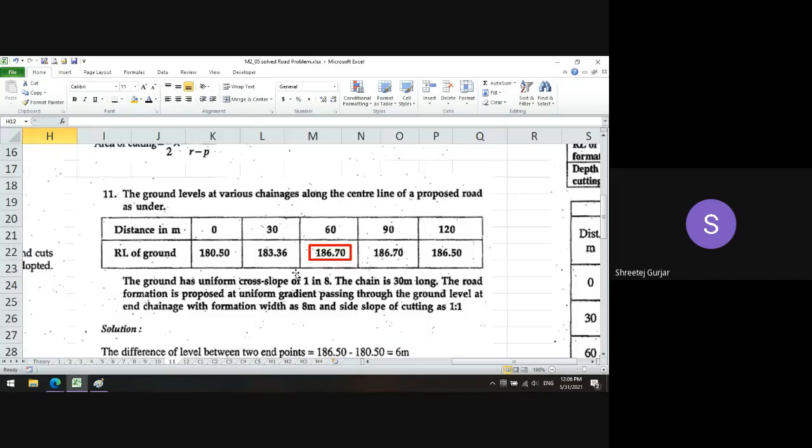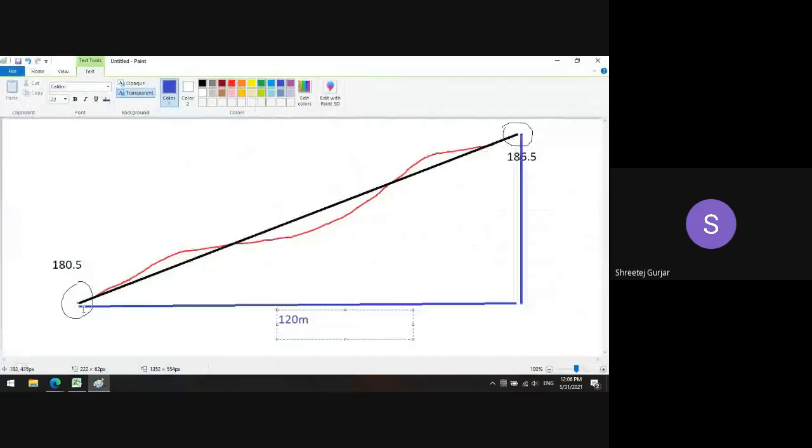So it is starting from 0 going up to 120, right? It is 120, 0 to 120. So this entire thing which I have drawn in blue, it is 120 meters. What about this? Can you calculate and tell me what is this height? Anyone, can you calculate and tell me?